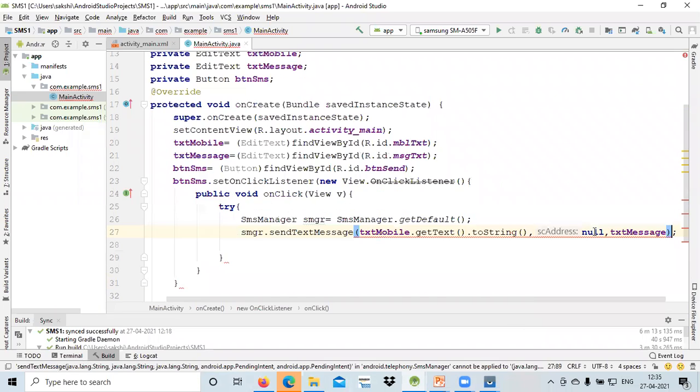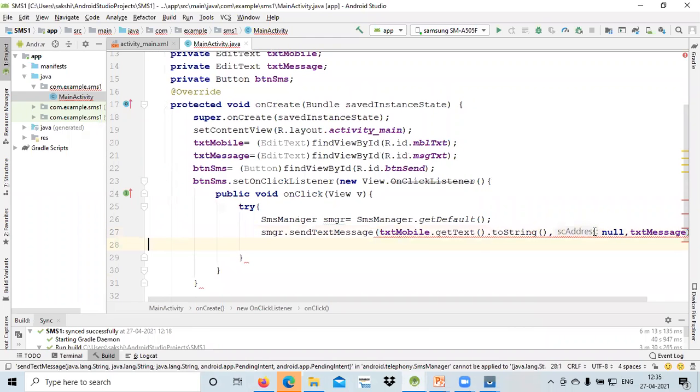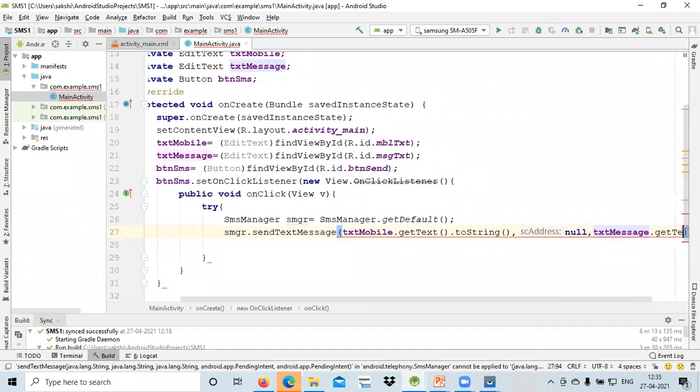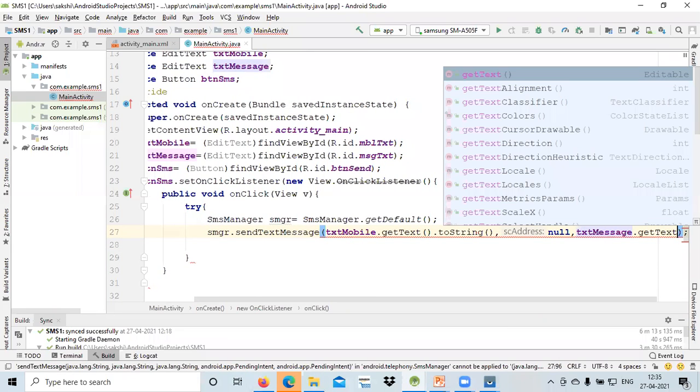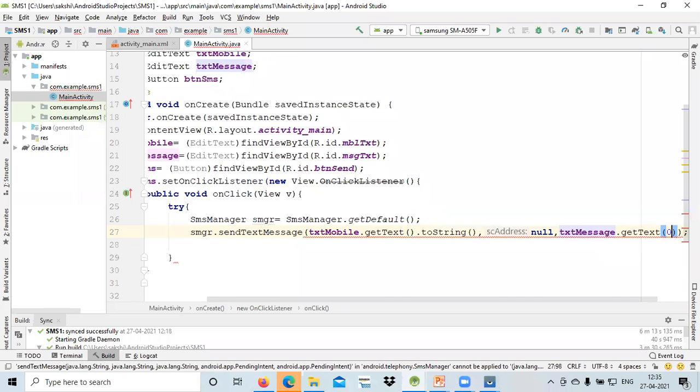Okay, any doubt till now? Dot get text. Again, we will get that particular text message over here, and we will convert that particular thing to string.